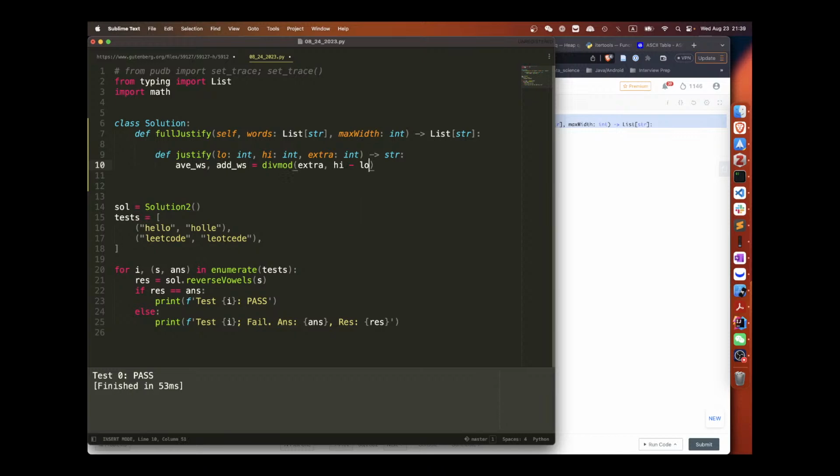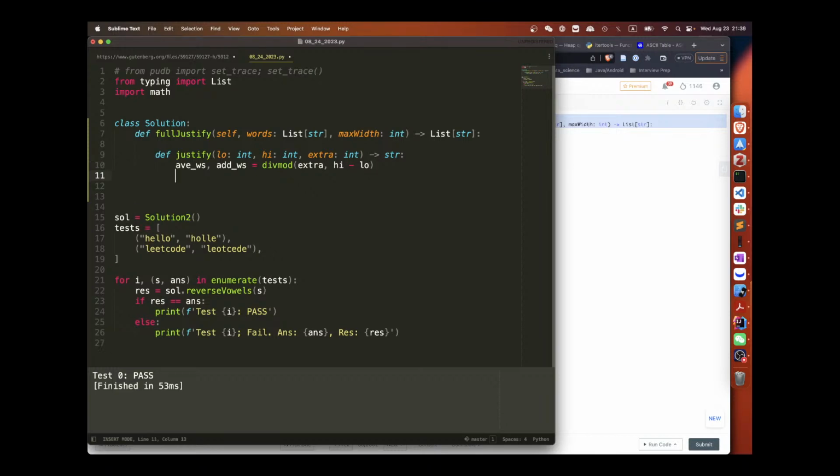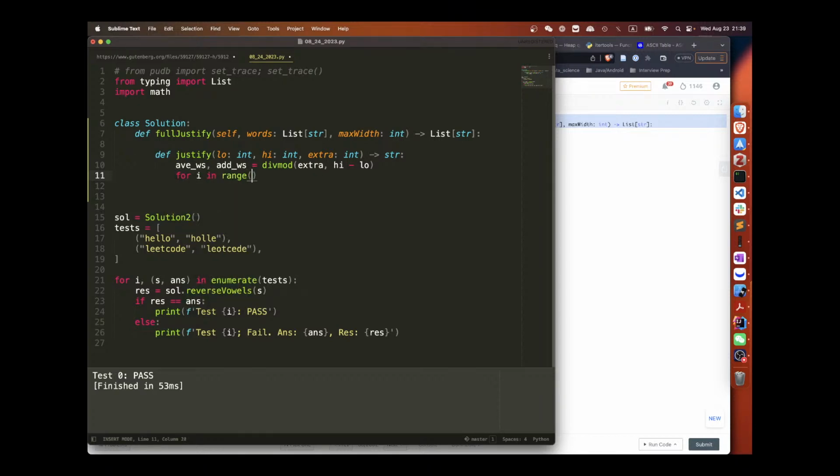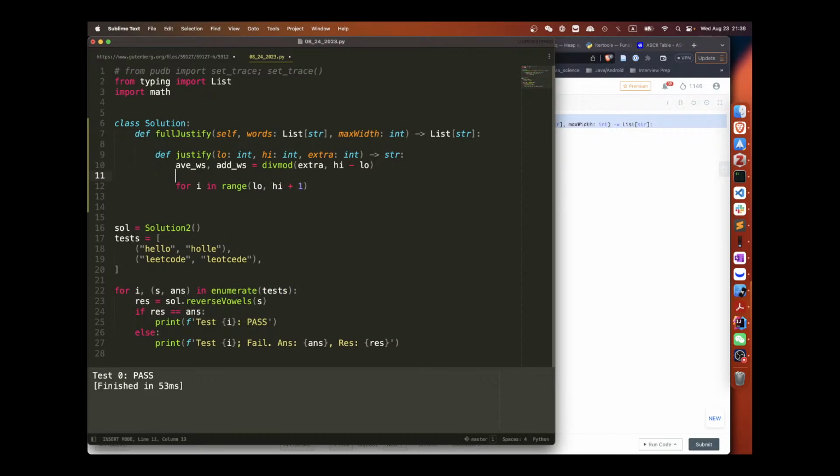For 0, 1, 2, that's 3 words, so 2 minus 0 is 2. I have 2 spaces in between. So I'll do that, and then we're going to create the last thing. For i in range low to high, say res array equals this.